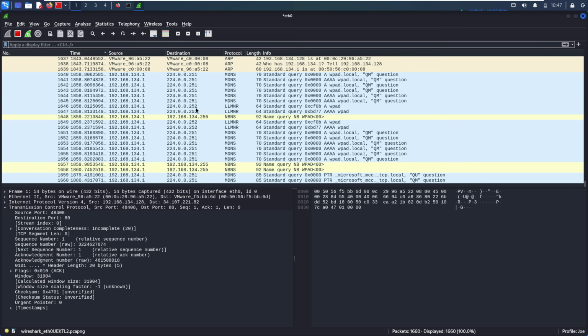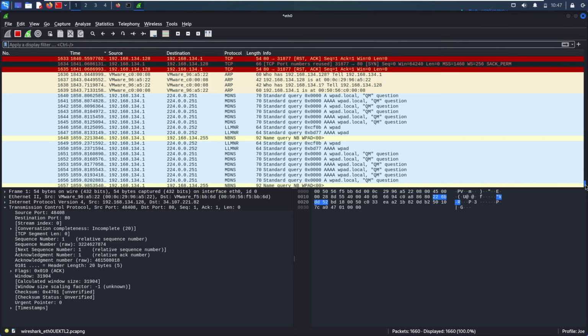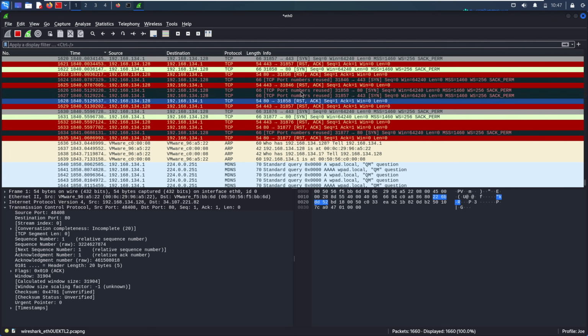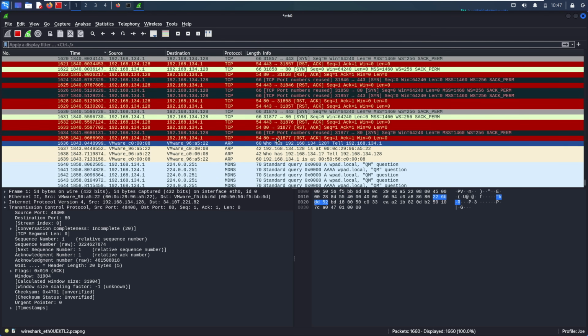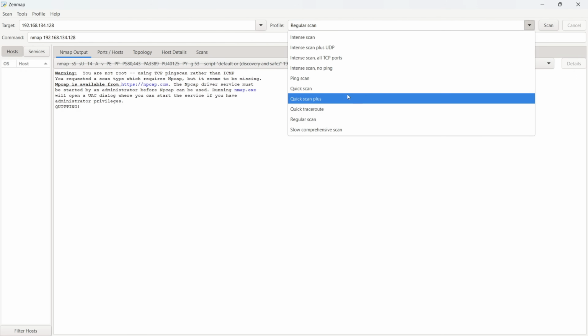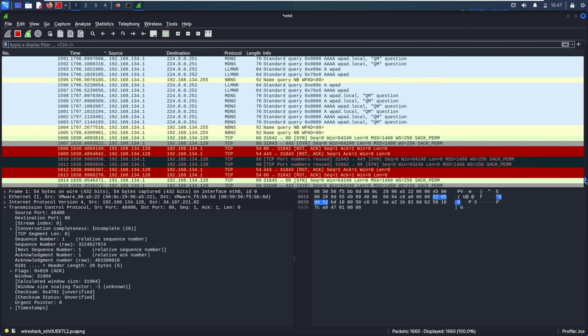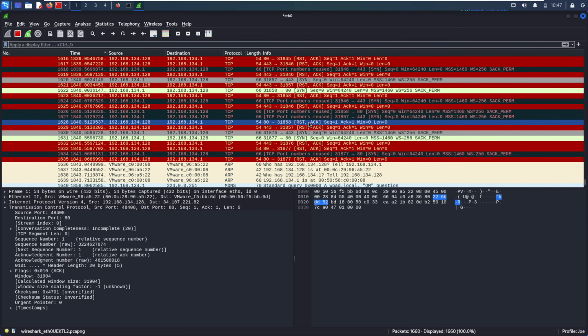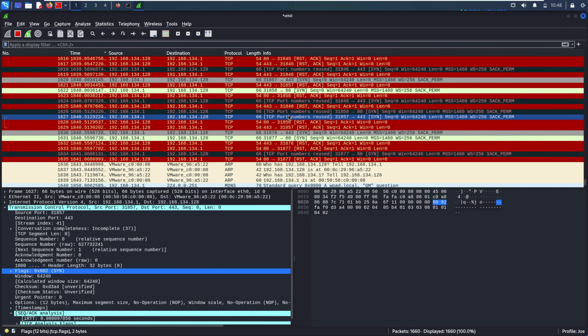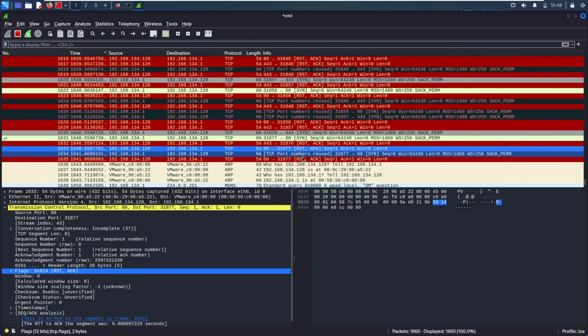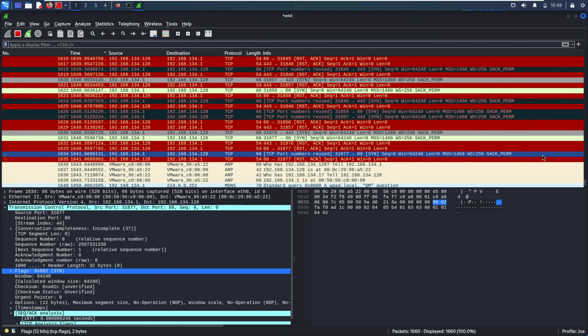In response, your firewall may send RST packets to the user to thwart the attack, or because the targeted port is closed. A port scan generates a significant amount of traffic, which can be observed as noise in the Wireshark list pane. Now I am demonstrating a port scan initiated using Nmap from another device. Our machine responded with RST packets because the scanned port was closed. This interaction between the scanner and our machine provides valuable insights into potential security threats, highlighting the importance of monitoring